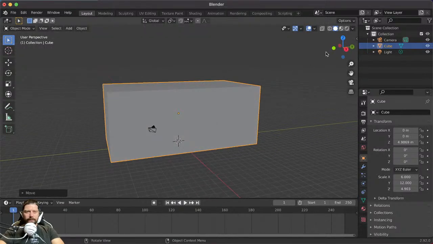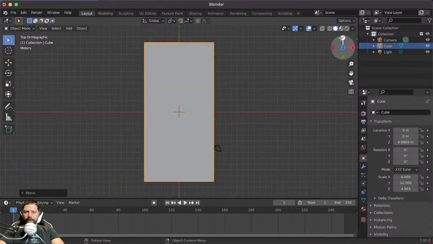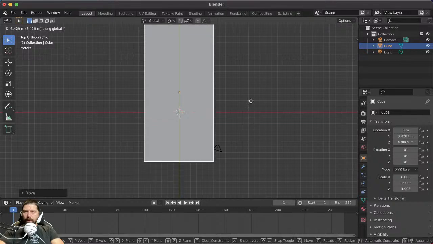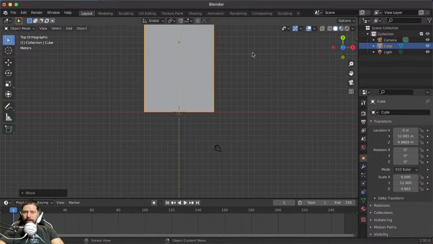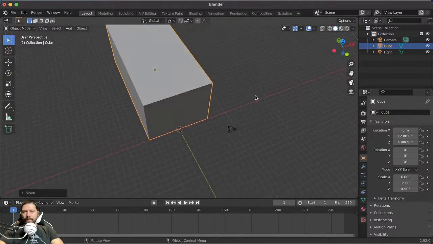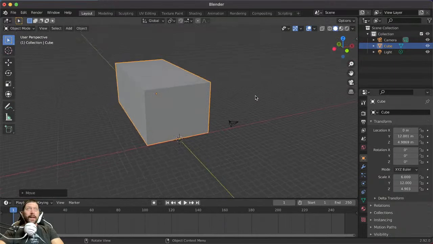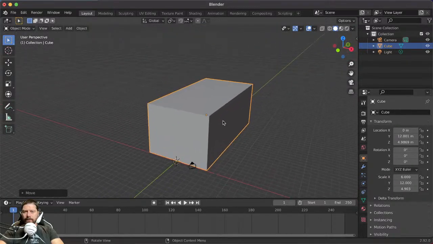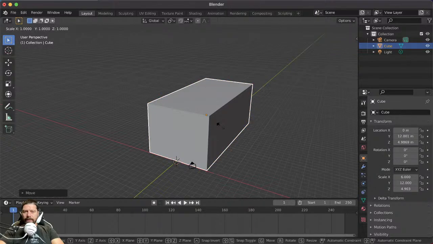Let's go Z here. Yeah. So we're going to go G for grab, and then we're going to go X, Y, and then we're just going to move it back and line it up there. So if we duplicate it or something. Anywho, so now we can just go Shift. Still feel like it's a little tall. If we go S,